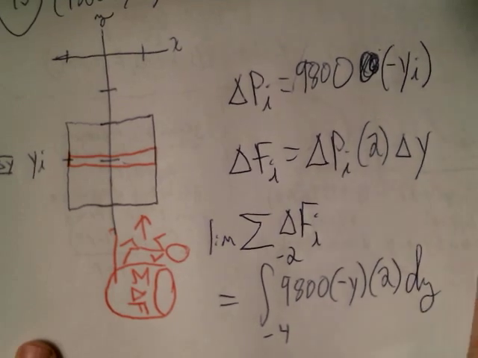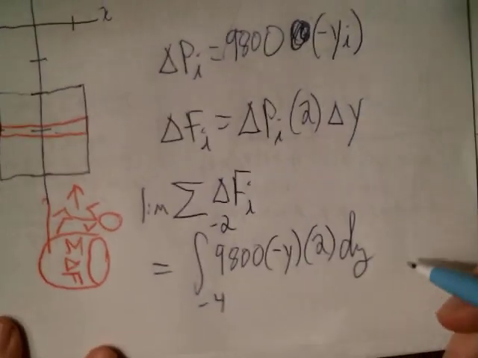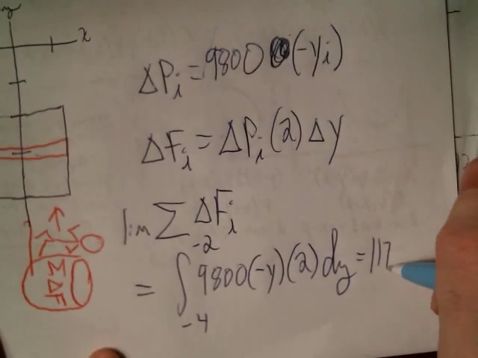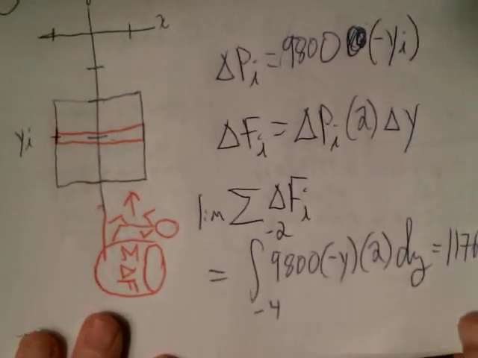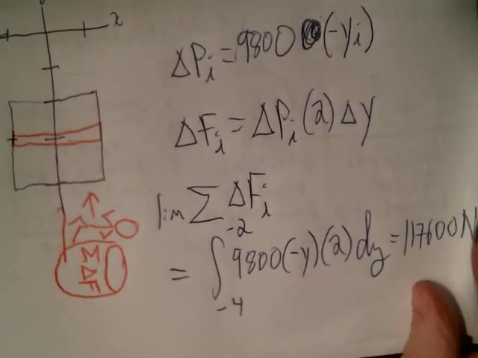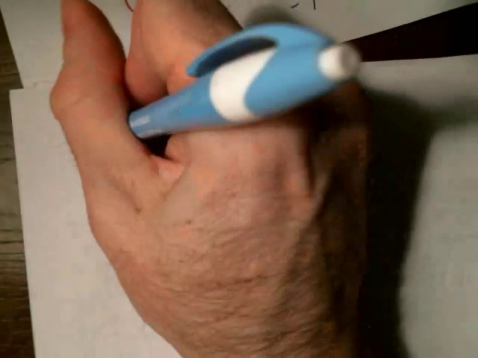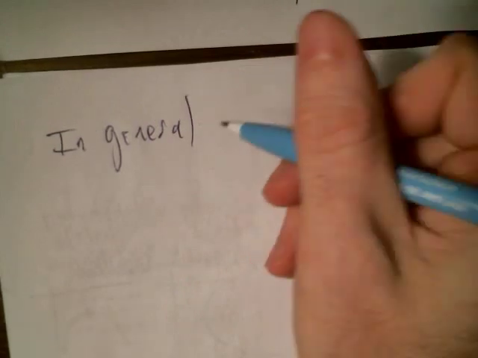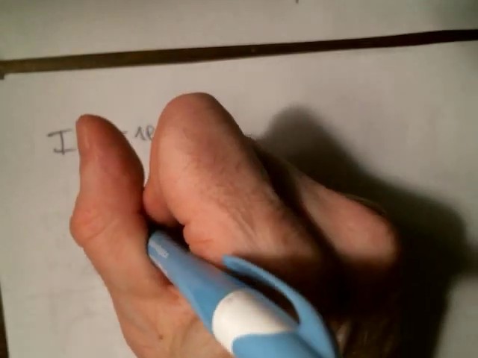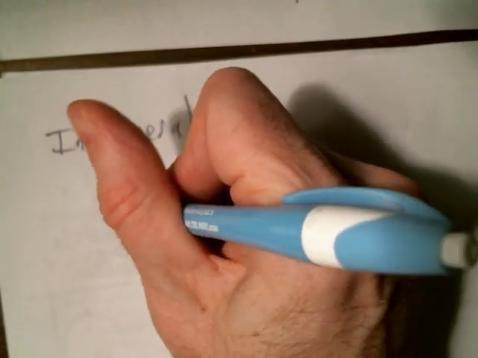And then you just evaluate that integral. I ended up with 117,600 newtons. So in general, the way this is going to work then, the formula per se is going to be what? The fluid force